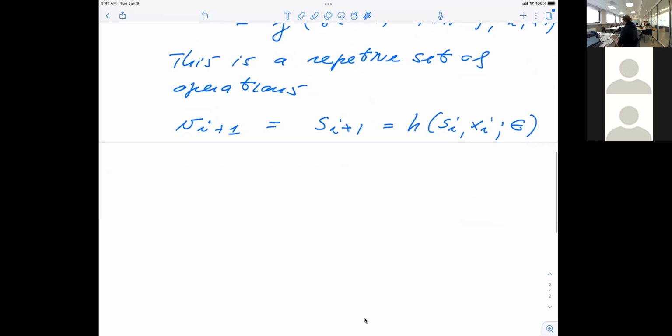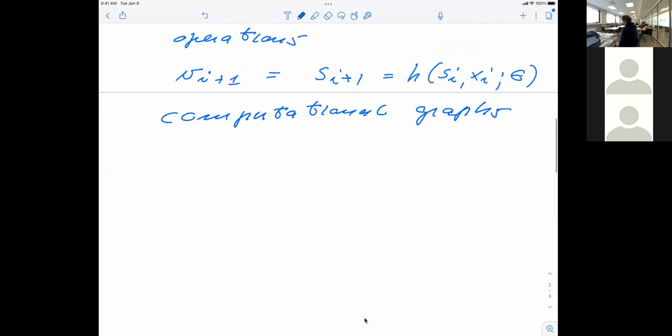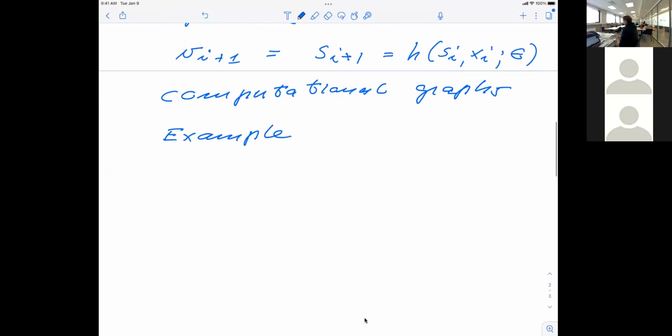Now, there's one thing which is very useful when you're setting up these things, and that is to look at what's normally called computational graphs. So let's take a quick look at that. That's a tool which we're going to use now. If you look at these computational graphs, let me just show you some examples. This is pretty common to use in the setup of recurrent neural networks and convolutional neural networks.